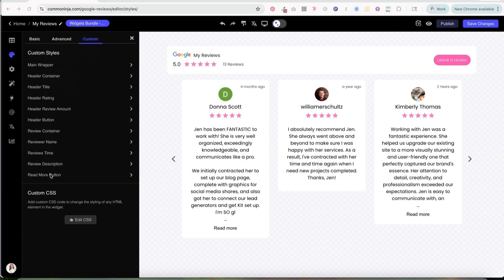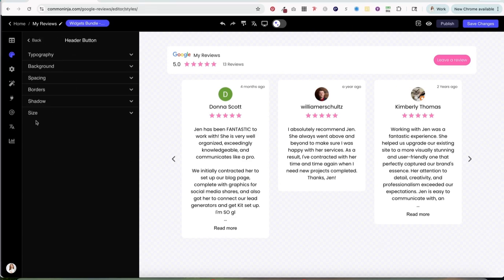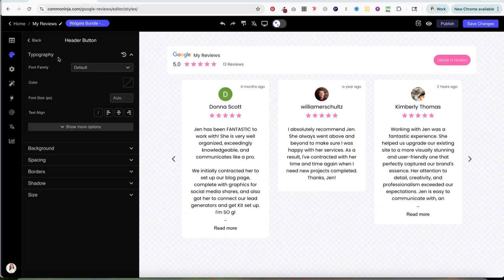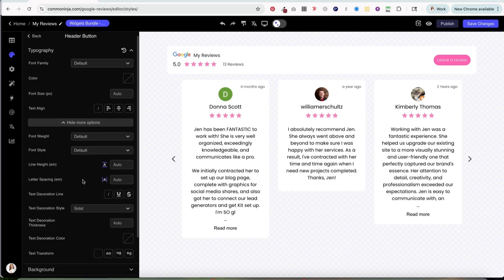Now, I'm not going to fuss with it a lot personally. The only thing I changed here was the header button because all of the buttons on my website, they look like a pill. They're in the pill shape. So all I did was under borders, I adjusted this so that it is in that pill shape. The other thing I do on my website is in the buttons, my text is in all caps. So if I go to typography, there is this drop down here that gives me even more options,